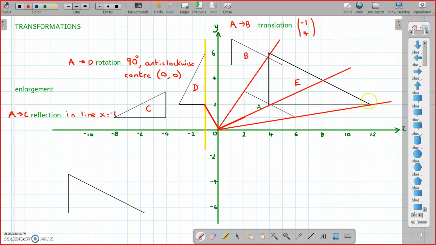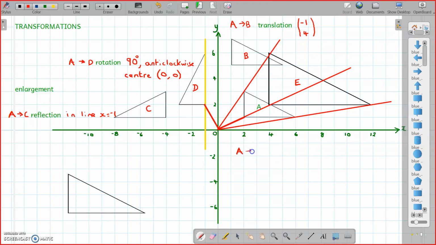And you can see how far away this point is. Well, this one is twice as far away from the origin as that one. This point here is twice as far away from the origin as this one. Look at that. That one is 6, 1. This one here is 12, 2. You see? So what we describe is that A to E, I'll just finish off with this,